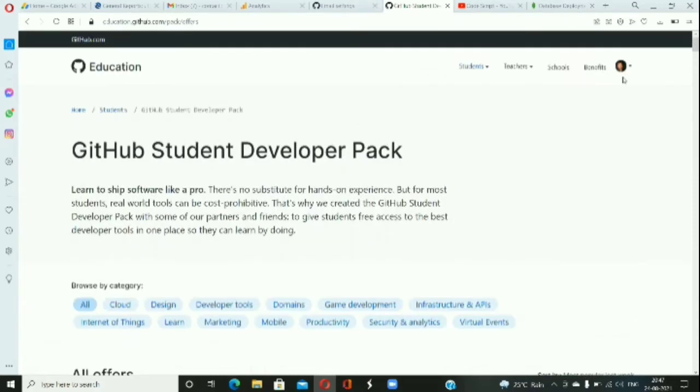Before going to this step that I have mentioned in this video, make sure you have logged in to your GitHub account in your browser, because this website, education.github.com, will sign in to your account through GitHub. Then you will get the benefit.